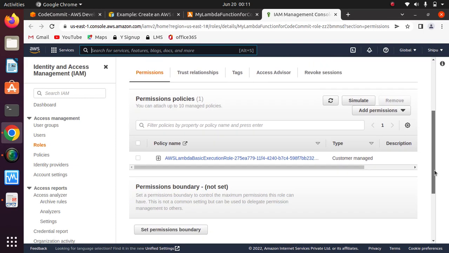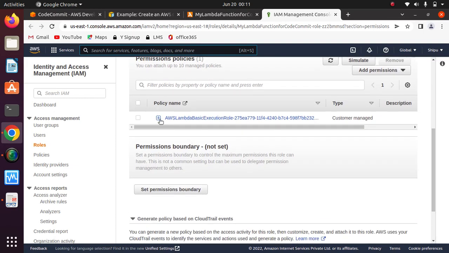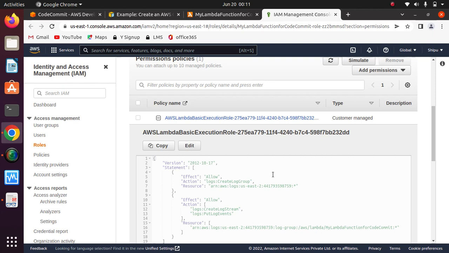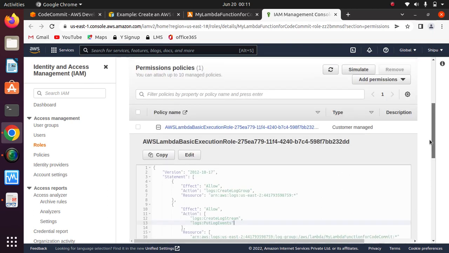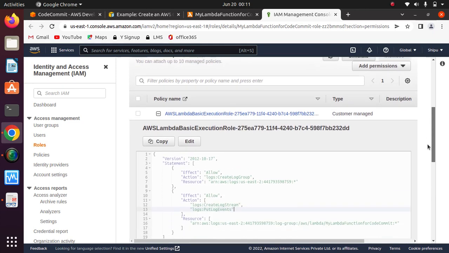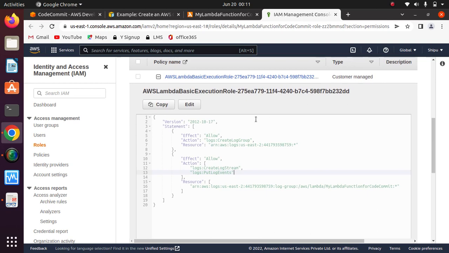Okay, so I'm gonna edit the role. Here you can see that the policy name is this. The execution role has been created, and for get repository, there is nothing like get repositories. Allow, here are log groups and create log groups. It is all about create log groups. But we have to get the repository details as well, so that's why I have to edit this role,